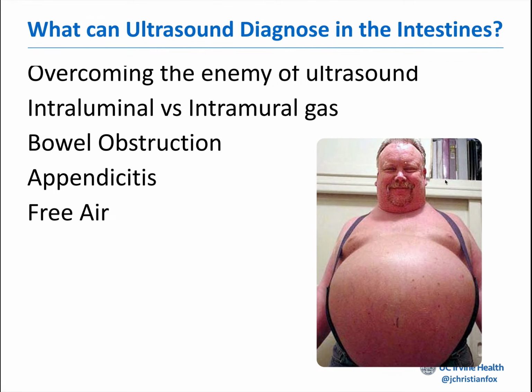The problem, though, is with this gentleman here with this very large distended abdomen. This type of body habitus does not usually bode well for ultrasound. Just being frank about it, this guy was probably better served in a CT scanner. However,